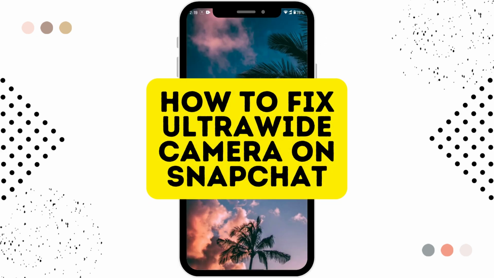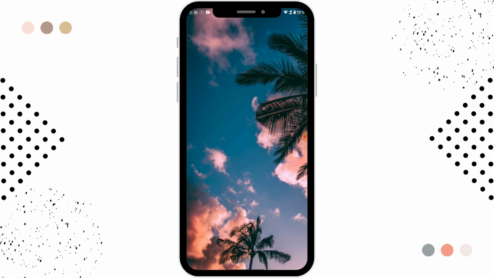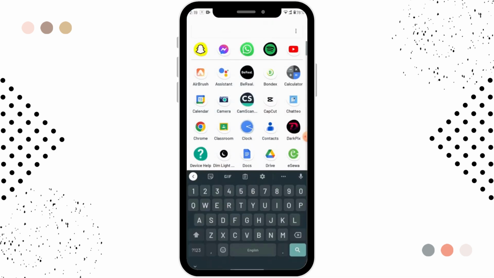How to fix ultra wide camera on Snapchat. So if you're facing this problem, like if you have the ultra wide camera and you want to cancel that camera, all you have to do is first of all open up your settings,